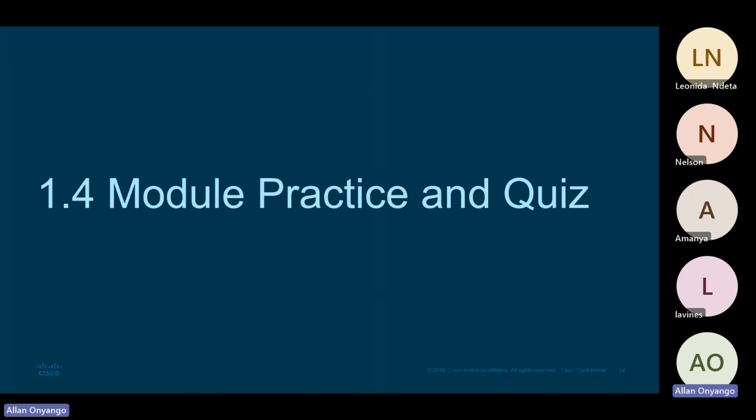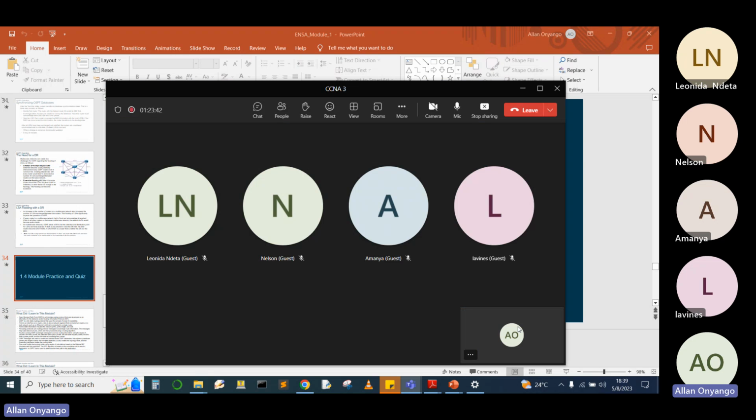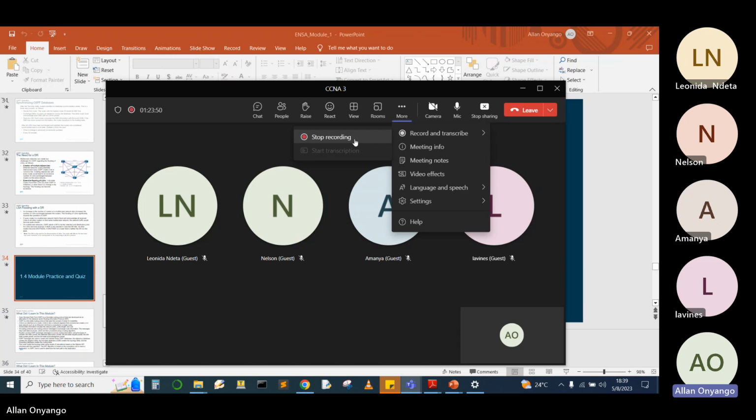I want us now to look at a little bit of implementation of DR. We won't finish it. We will continue from there tomorrow, because OSPF can be a very long chapter sometimes. So